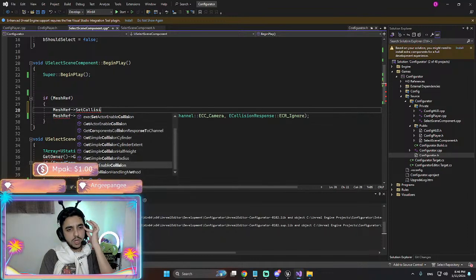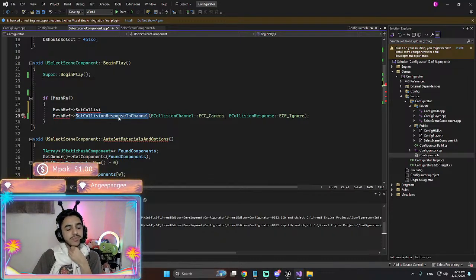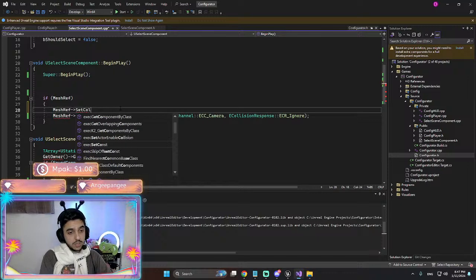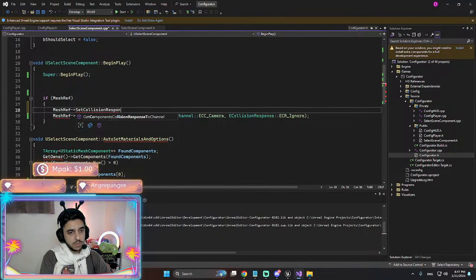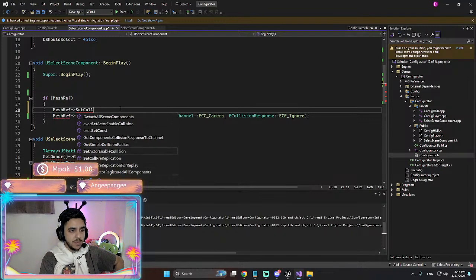Oh yeah, you know what? We can no longer do this. Oh my god. Set collision response. This is bad.